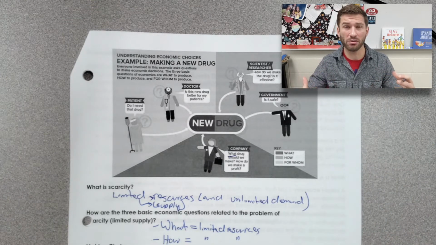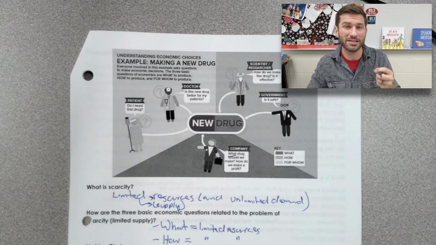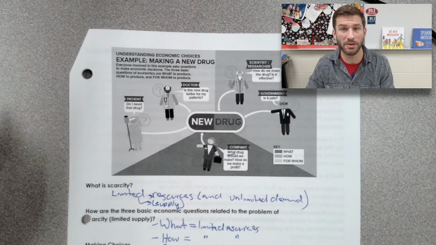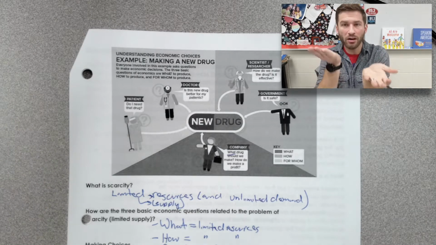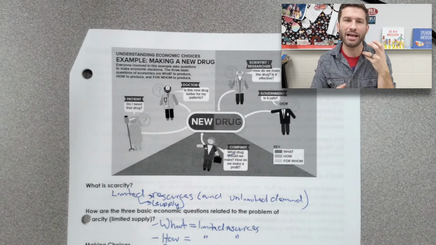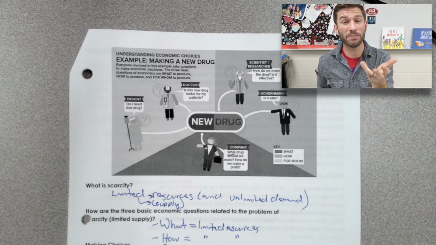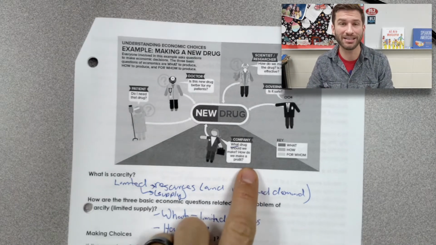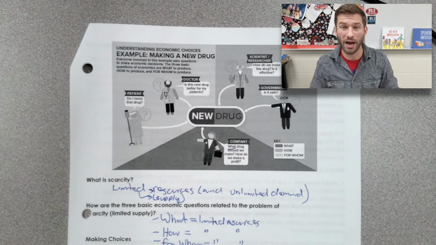Because drug companies, pharmaceutical companies, these medical companies, on one hand, they might have this desire to cure a disease, to help individuals, but also they are a company, they are a corporation, they also want to make a profit, they want to make money. And sometimes in the society that we have, they're going to weigh those 2 factors, and making a certain type of drug or vaccine or pharmaceutical drug, it might be very expensive. It might help people, it might help a small number of people, it might help a lot of people, but that company also needs to decide, are we going to be able to make a profit on it? Because if we can't make a profit, then maybe we don't actually want to make that drug.